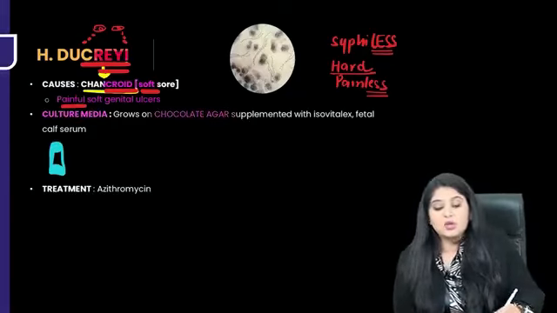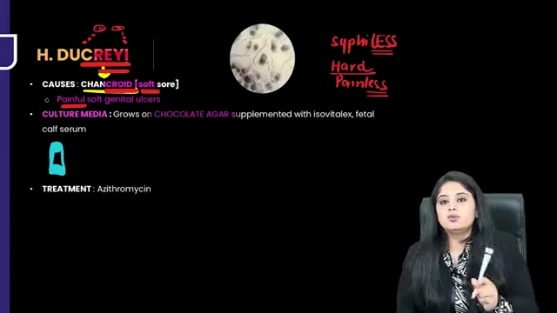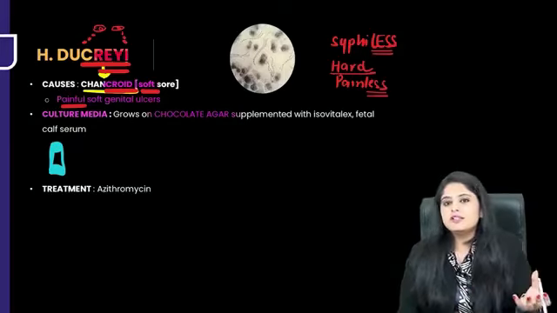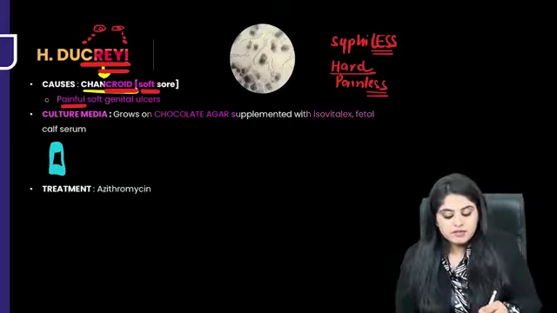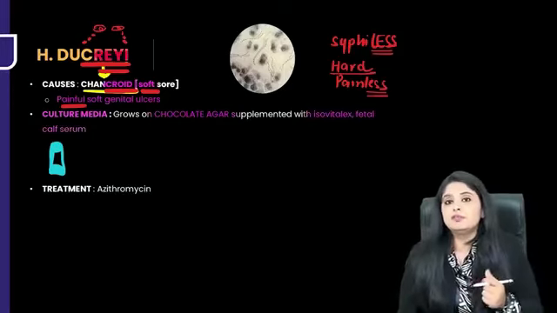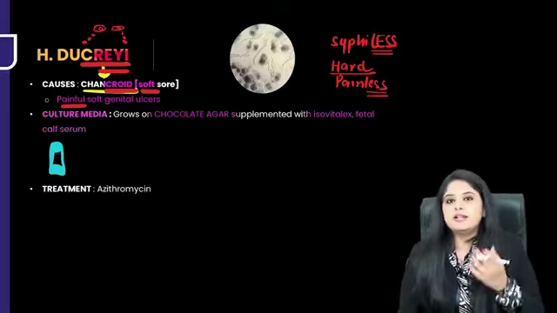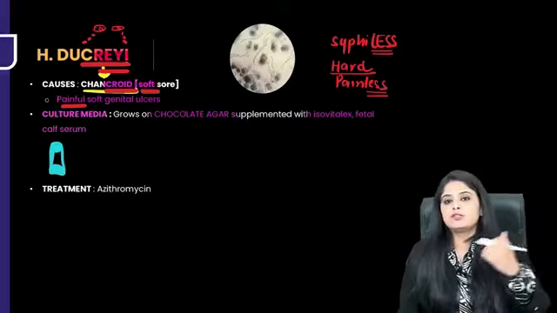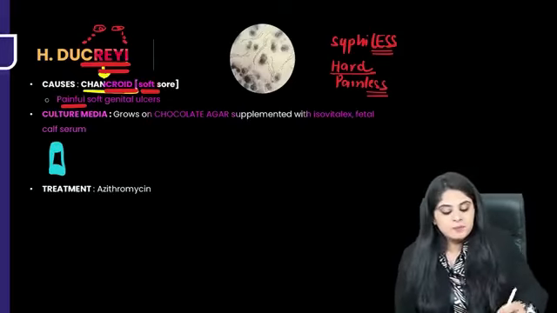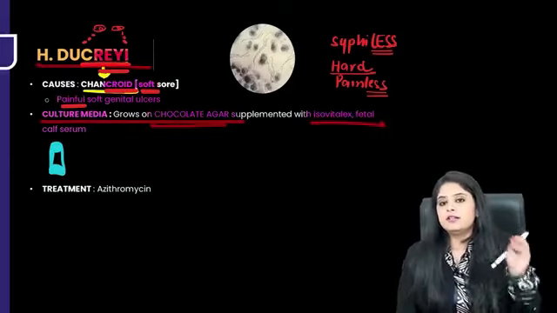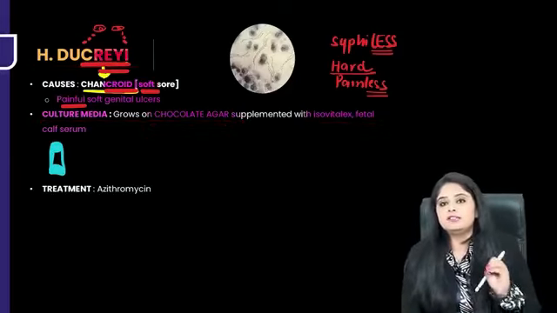You're going to grow it in a chocolate agar. Regular chocolate agar? No, you're going to give him extra chocolates because he's a little sad right now. So you supplement it with little growth factors like Isovitalex or serum, basically like multivitamins, like Revital. Something extra you are giving him because he's crying. Poor thing. Okay, so remember this crying kid is given chocolates, and along with chocolates, little vitamins like isovitalex and fetal calf